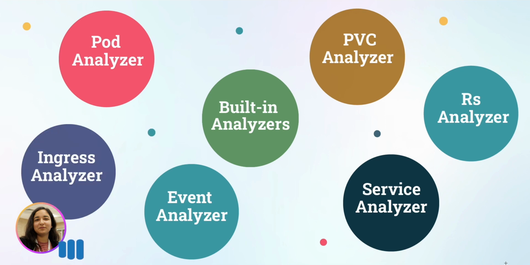Next is the event analyzer and ingress analyzer. It will analyze ingress and events in the cluster, and if it finds some issue in the ingress, it gives a solution. If it does not find any issue, it will not give a solution or anything. It will just tell us that there is no issue in our ingress. So these analyzers are used if we want to analyze some specific component of our Kubernetes cluster, like pods, PVCs,